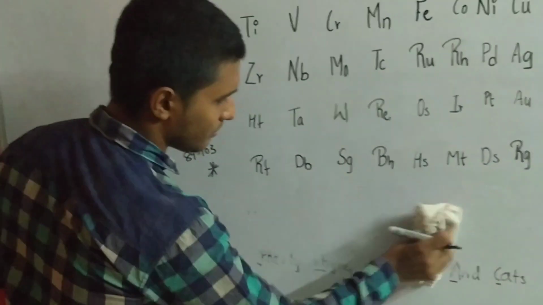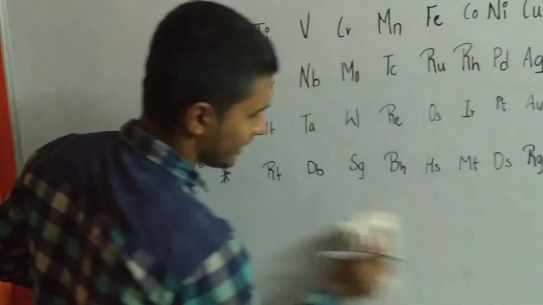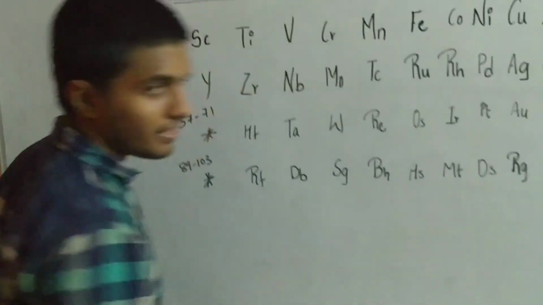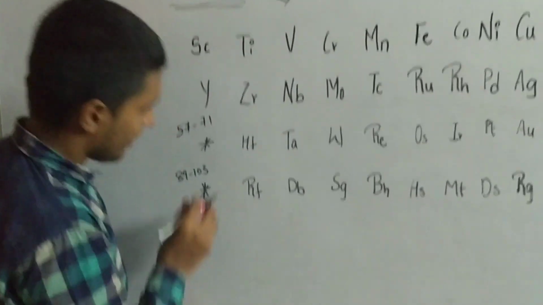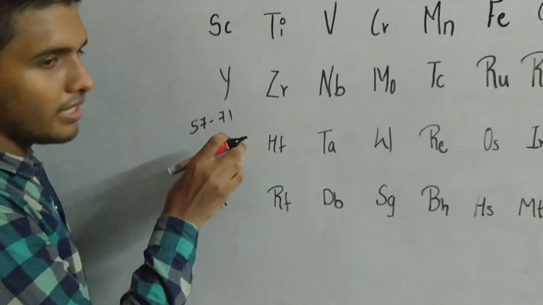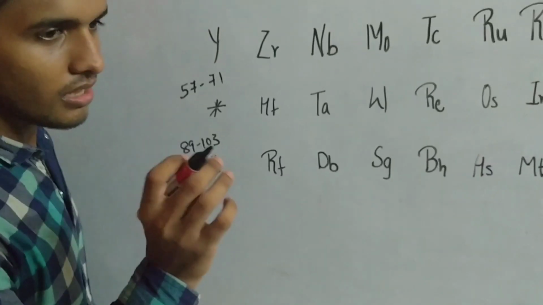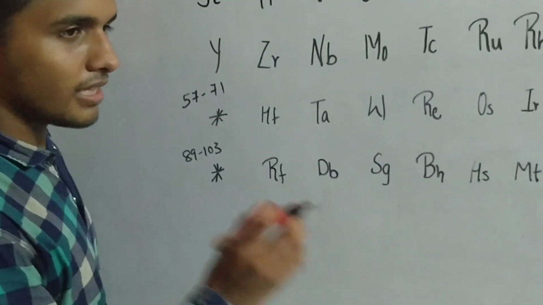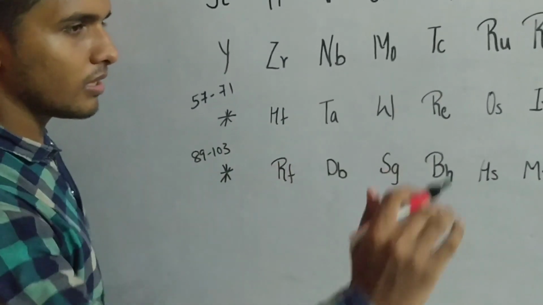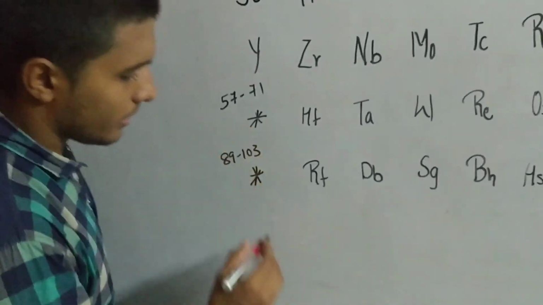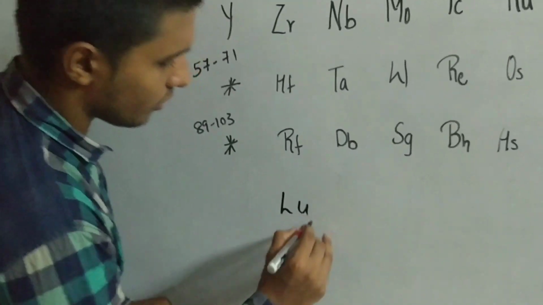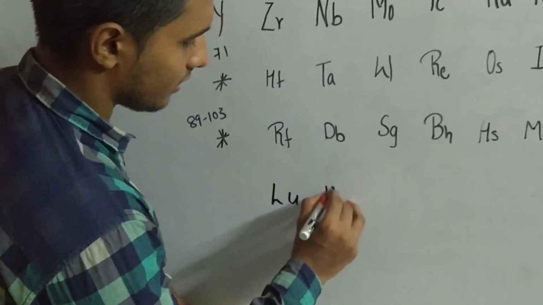Now this one is a little bit funny, because if I spell it in Hindi, it's totally funny. So let's see what I am writing here. As you can see, there's a star mark. It describes the lanthanides, representing the lanthanum period, the lanthanides of F block, the first horizontal row or period, we can say. So first I am writing here Lu Hafta.